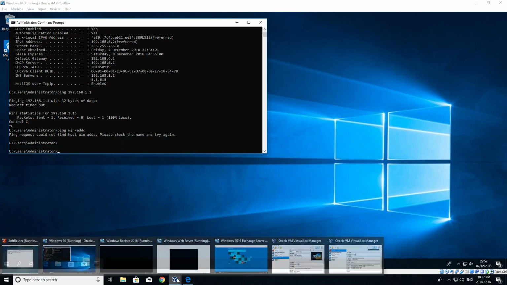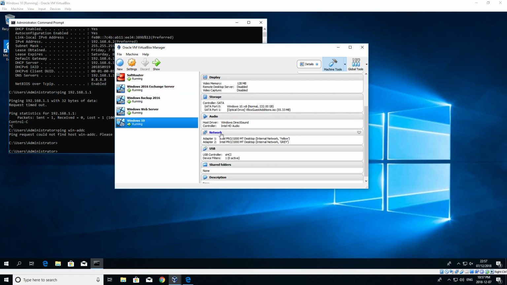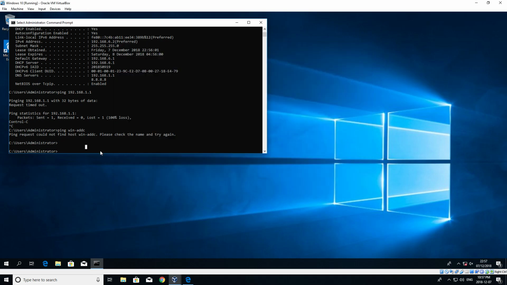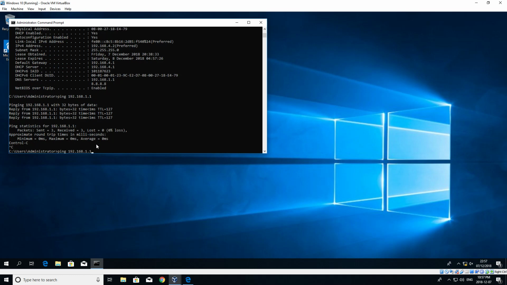So what I want to do now is change the connections over one more time on the Windows 10 machine. So I'm disconnecting it from the gray network and reconnecting it into the yellow network. We can see over here that my internet is changing. Let's take a look at the IP address. Back to 4.2. Let me try and ping there. It allows me. Let me try and do it by name,